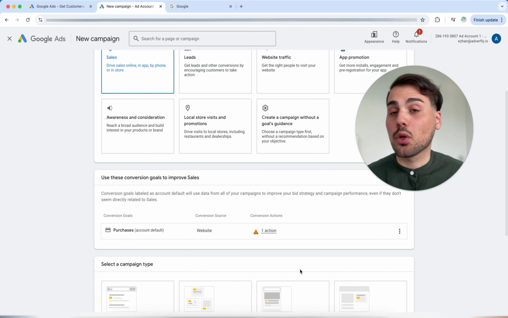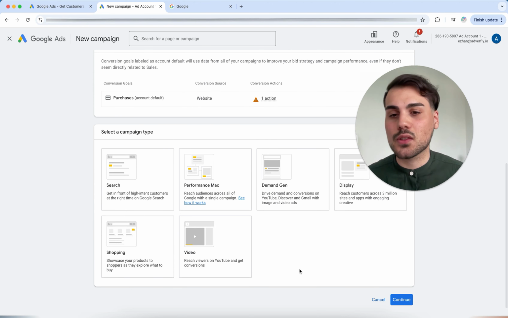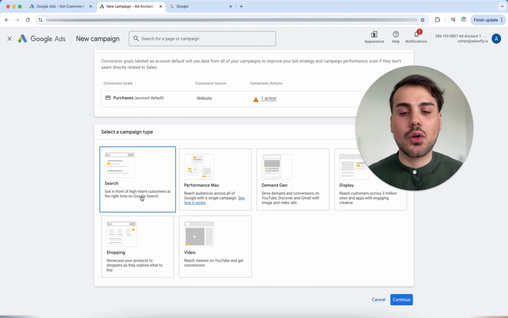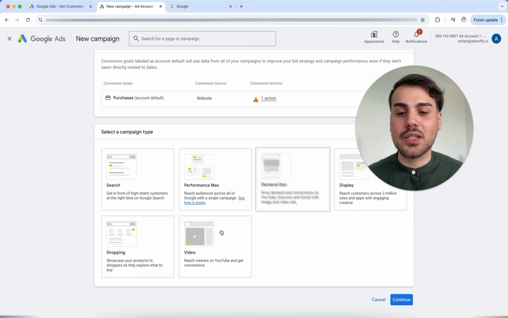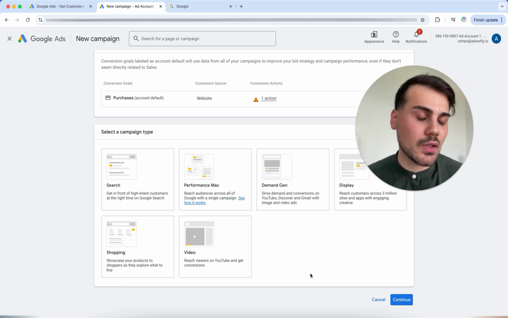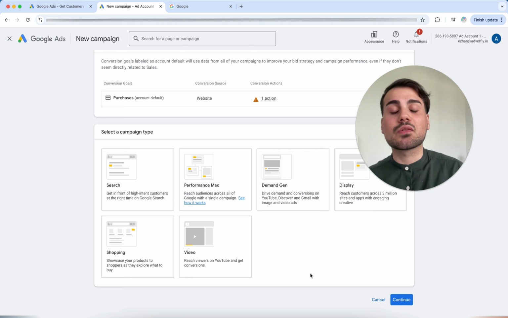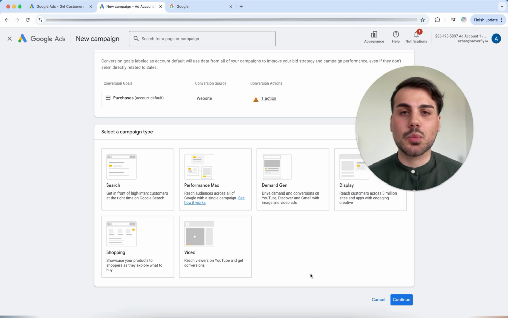And then another window appears, and here we can select the campaign type. There are now different variants of search, performance max, demand gen, display, shopping, and video. Some of them should probably look familiar to you. You have probably seen them before, especially the search campaign, which is also one of the most popular campaign types. For example, if I am looking for something now, if you search for shoes for runners or buy shoes, then a normal Google search will appear at the top, which contains the word ad or advertisement.